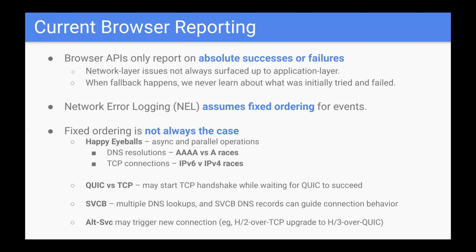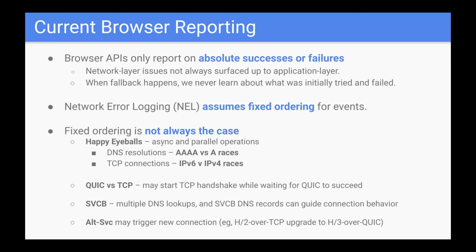And network error logging assumes there is a fixed ordering of events. A happens, then B happens, then C happens. But that is not really always the case. And just going back to the Happy Eyeballs example, some clients would even do parallel DNS lookups. They will seek both quad A and A answers together. Some would do it serially. Same thing with TCP connections, right? So there's